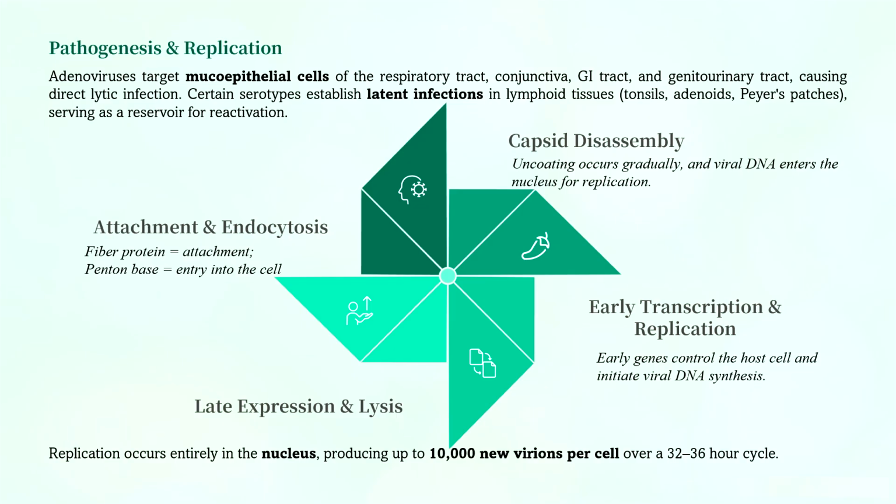If the infection occurs in the respiratory tract, the infected person will have common cold, pharyngitis, and pneumonia. If it causes infection in the eye, conjunctivitis and epidemic keratoconjunctivitis may occur. If the site is the gastrointestinal tract, gastroenteritis will be observed. And if the site is the urinary tract, hemorrhagic cystitis will be observed. In healthy individuals, infection is usually self-limiting, and in immunocompromised individuals, adenoviruses can disseminate and cause severe pneumonia, hepatitis, encephalitis, or multi-organ failure.